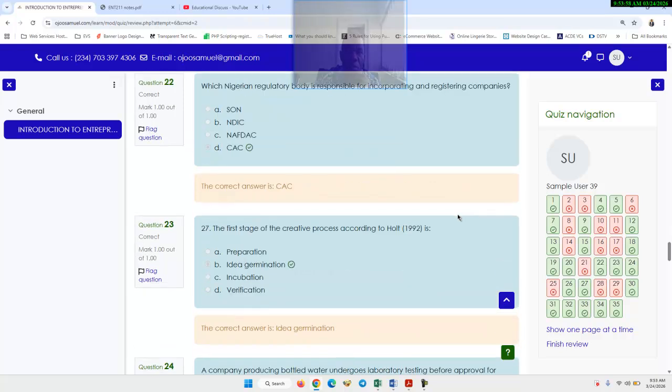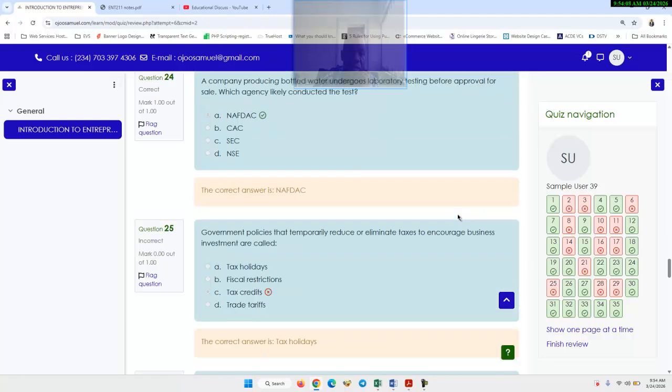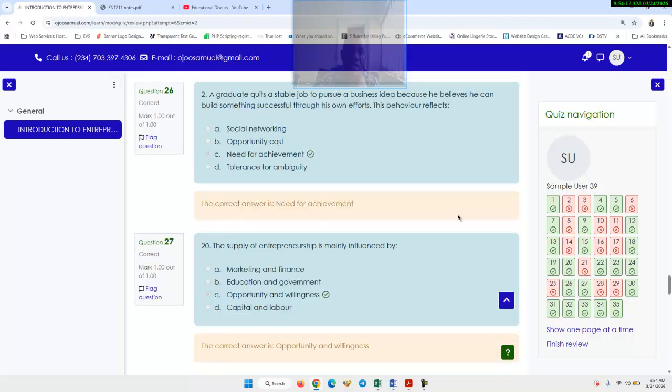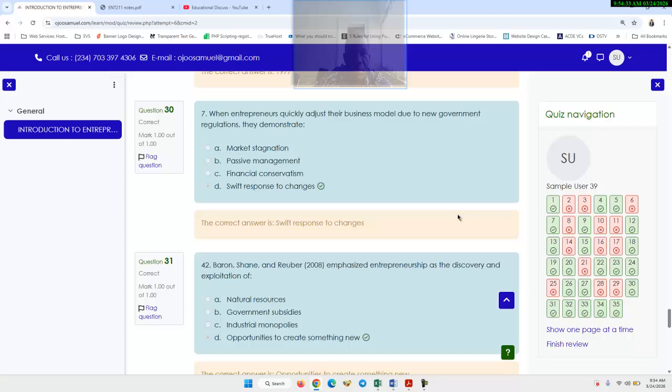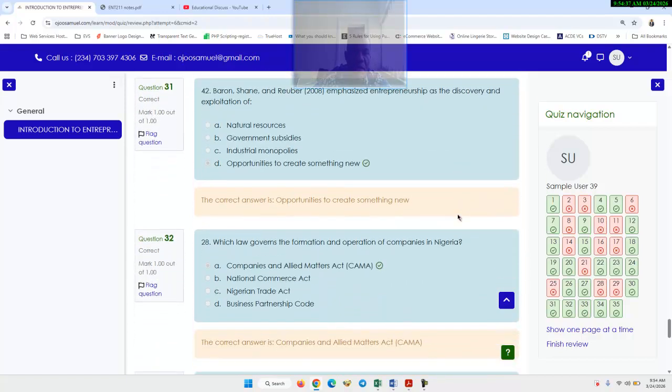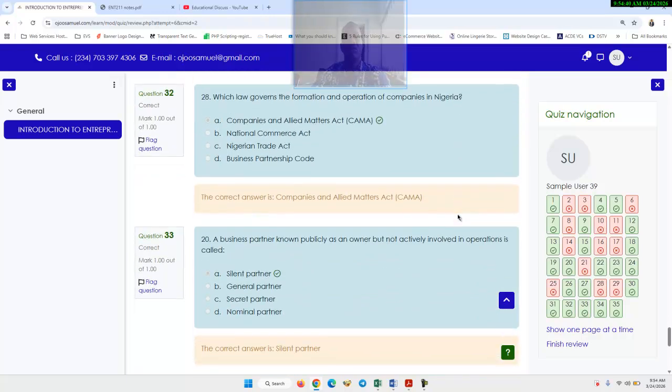Number 22, I got it right. C and D rather. Number 23, I got it right. So B. 24, I got it right. A. 25, I got it wrong. A. 26, I got it right. Number 27, I got it correctly. The answer is C. Okay. Number 29, number 30, number 31, number 32, number 33, number 34,